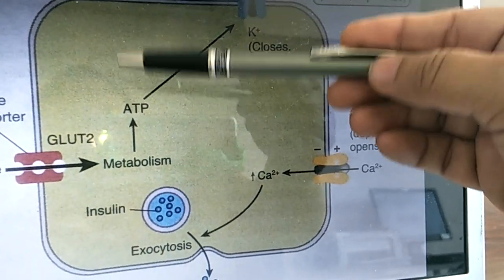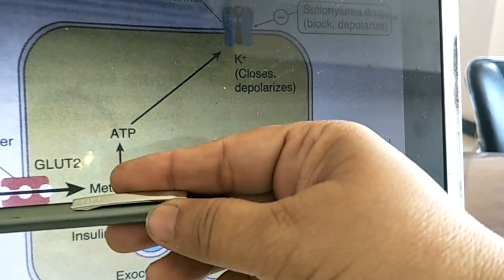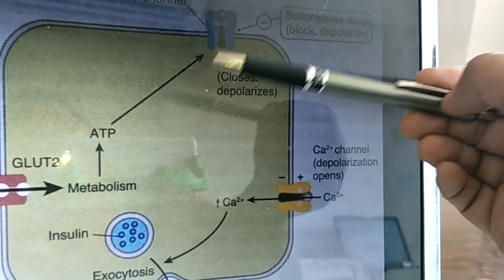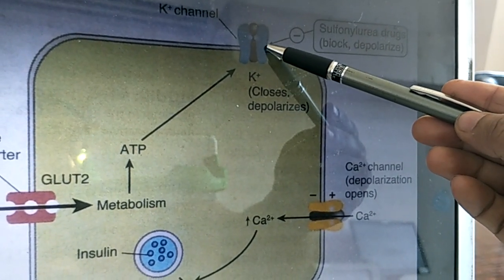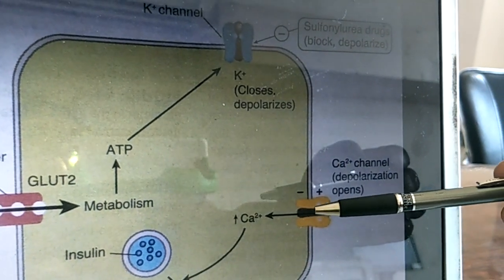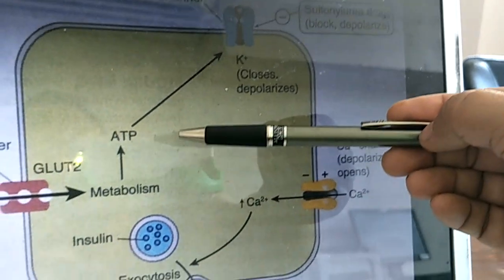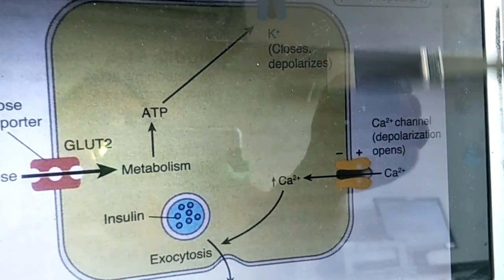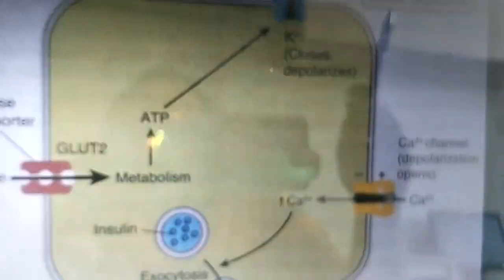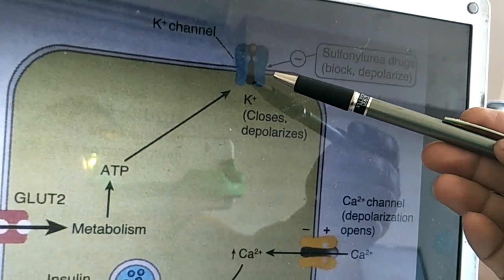So the beta cell of the pancreas has glucose transporter 2 for moving glucose from plasma into the beta cell. Then there are ATP regulated potassium channels which are closed by ATP. And then there are voltage sensitive calcium channels. There is insulin present inside these cells. So what happens is, when this is a resting cell or in the fasting state, when the levels of ATP are low, the channel remains open.